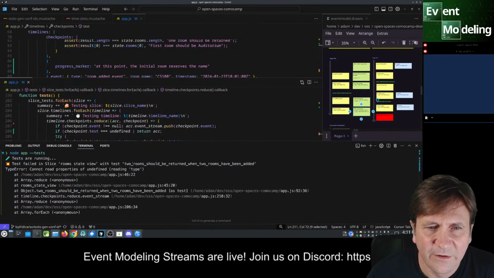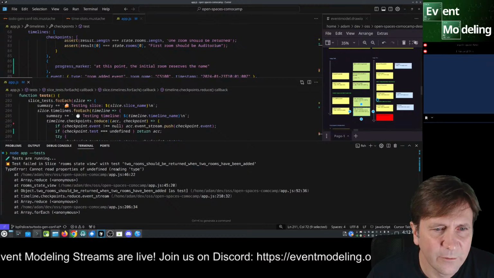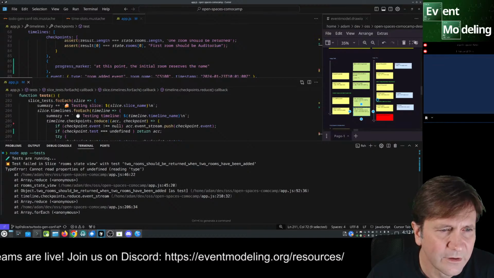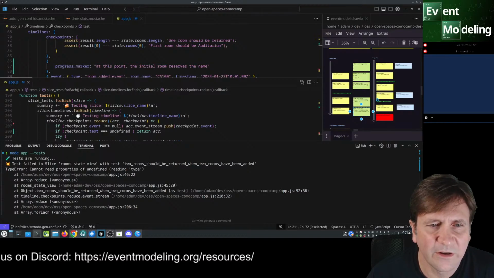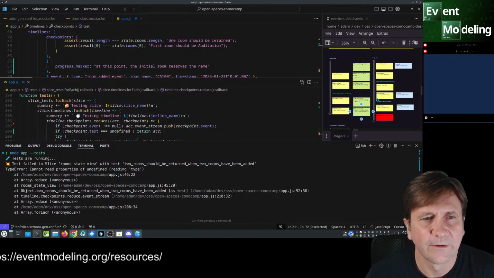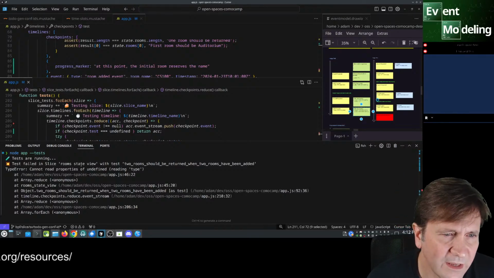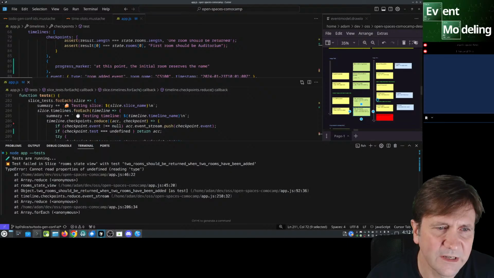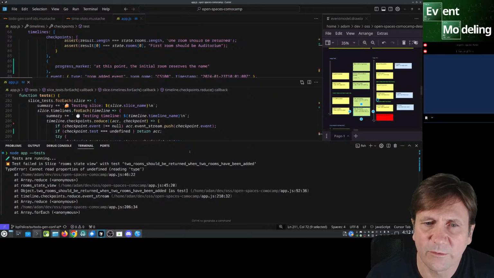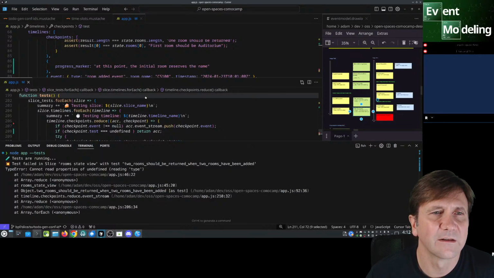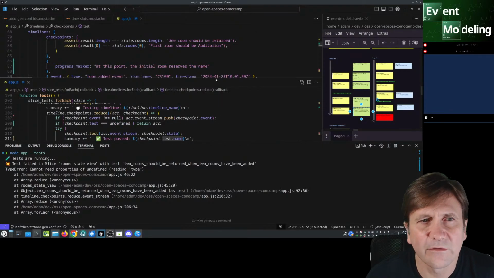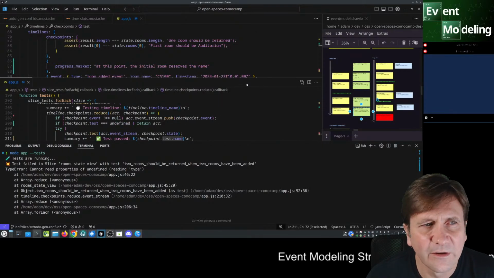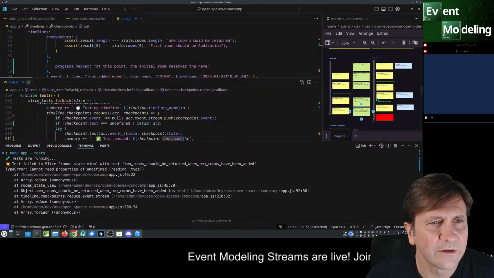Cannot read properties of undefined reading type. Interesting. So let's look at that. Test failed in slice rooms with 2 rooms should be returned when 2 rooms have been added. So let's get rid of this one here because we don't need to look at that.